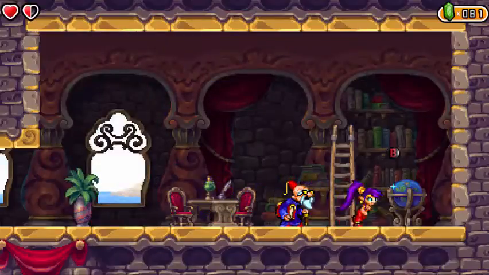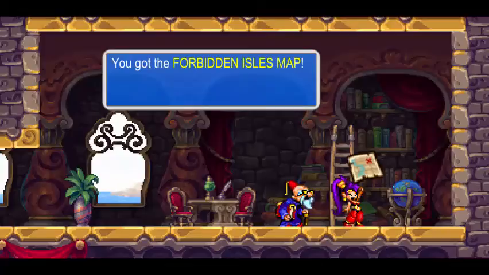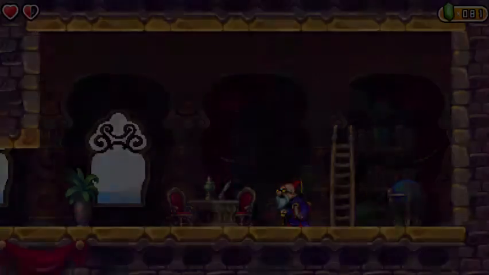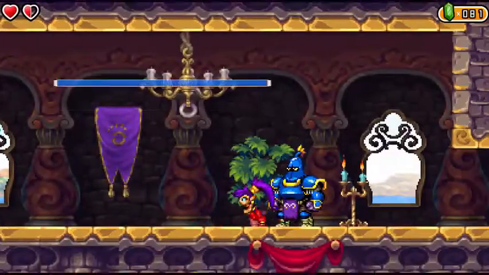And, of course, the globe is sparkling, so I wonder where the forbidden map is hiding. The hollow globe contains a secret. You got the Forbidden Isles map. Oh, yeah. Indeed, Shantae. Oh, yeah, we got the Forbidden Isles map. So, we are done with, you know what, I'm gonna...